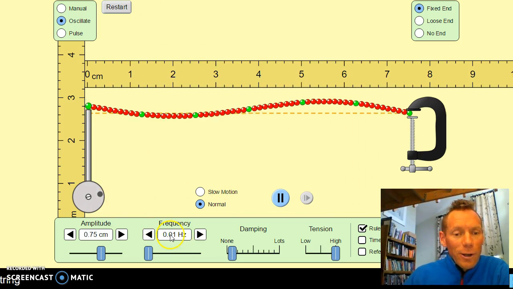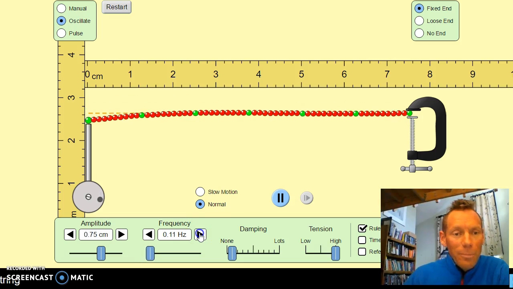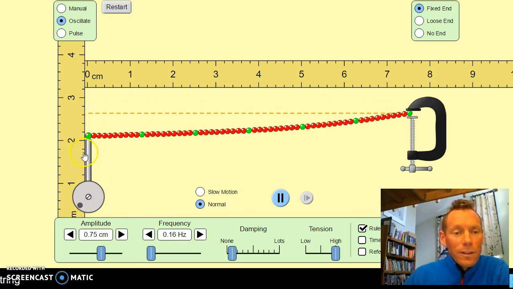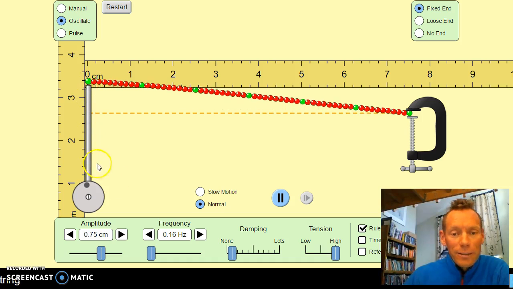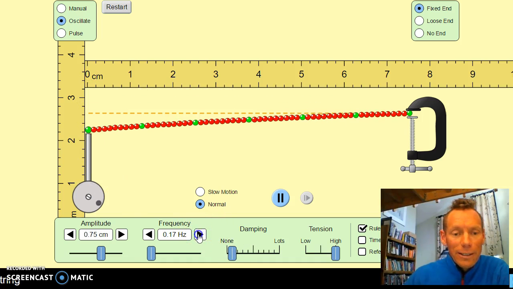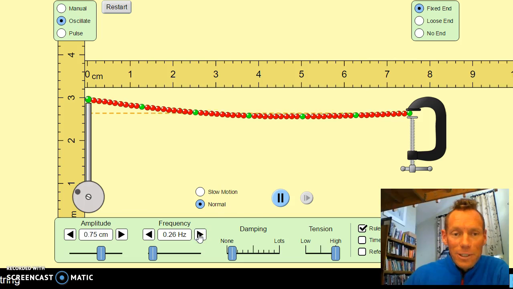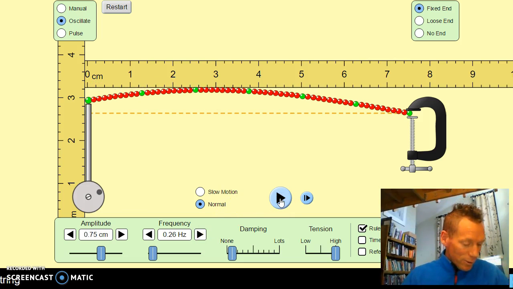So the frequency, oh yes, the frequency is super low. As we up the frequency, this thing's moving slowly and it's creating some waves. There's a little bit of damping in there, but I have some specific values that I'd like to show you. Where are those? Aha. So if we put that on pause and